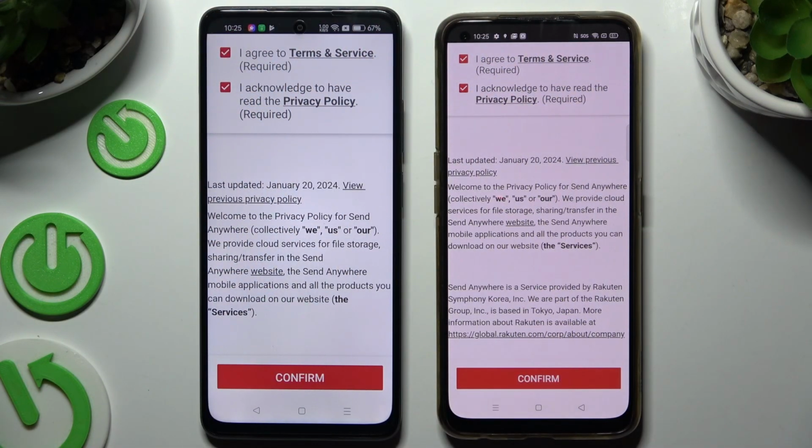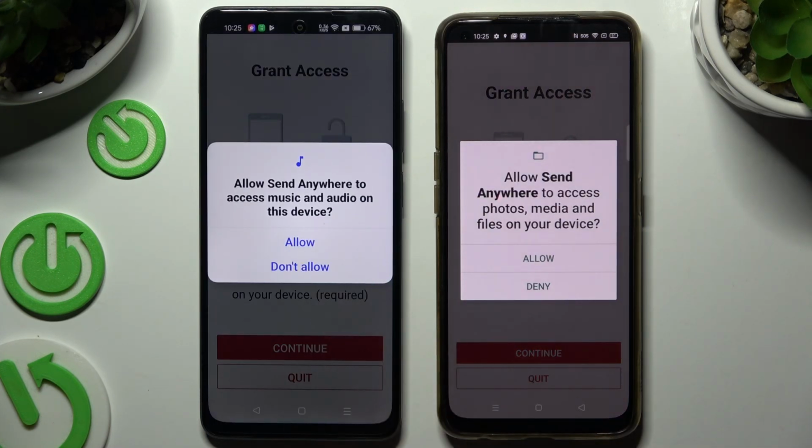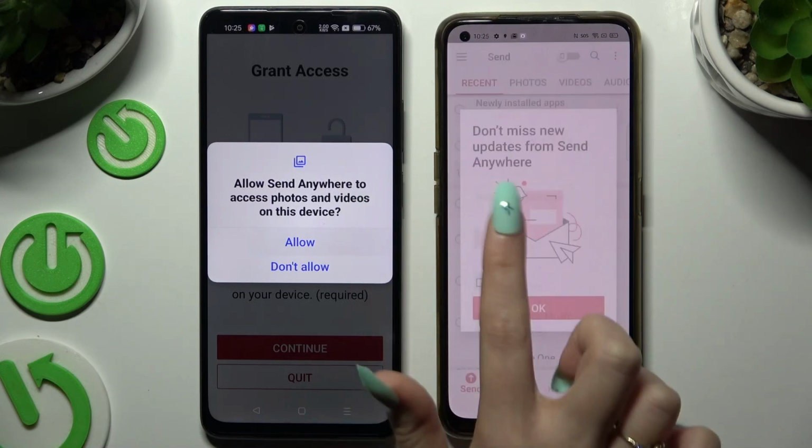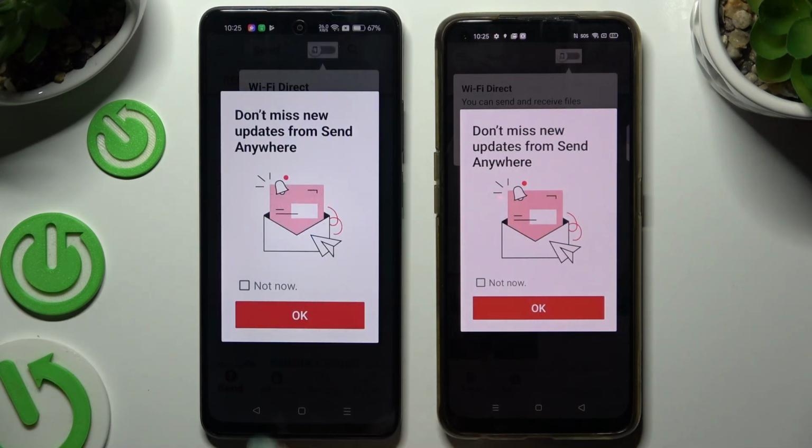Firstly, I agree and I acknowledge. Then confirm, continue and allow. In this window though, about new updates, you can tap on Not Now or close it right away by hitting